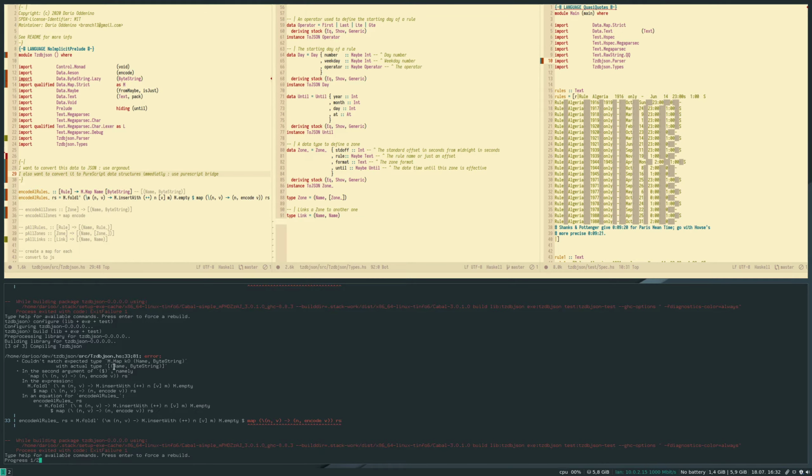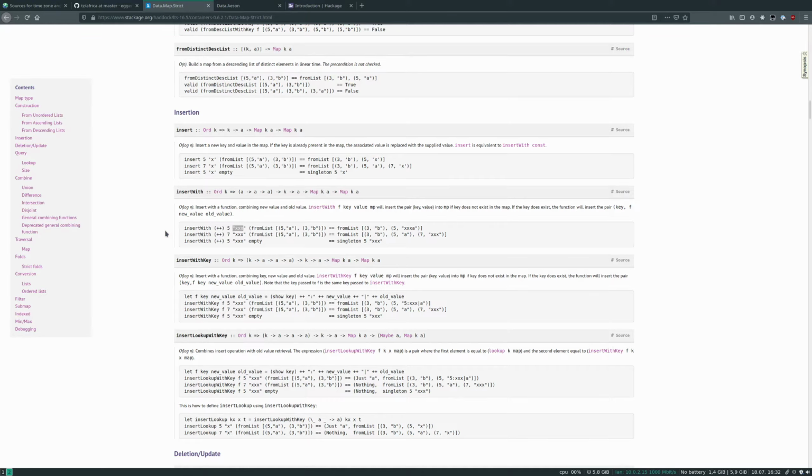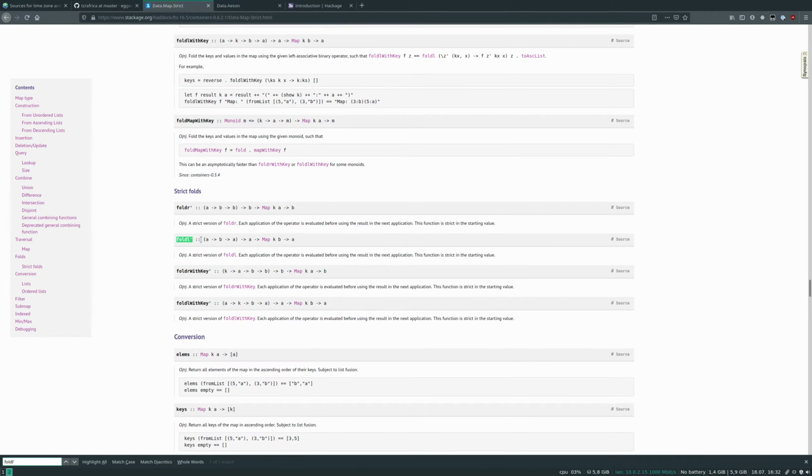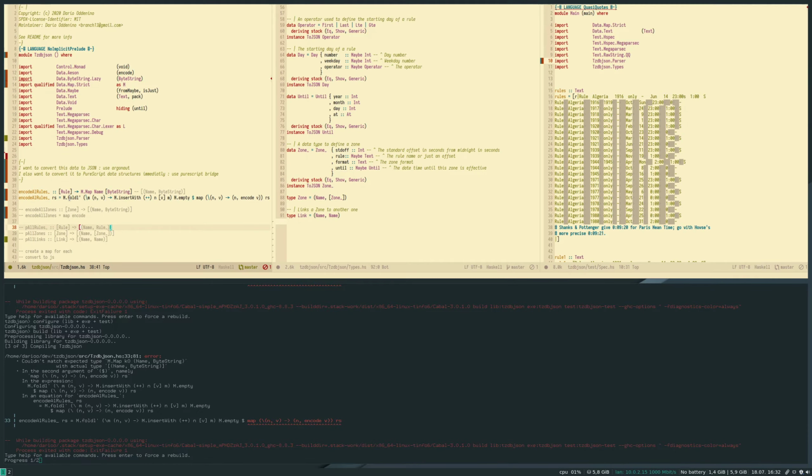Actual type name byte string. Let's check fold left. Oh, of course, I'm folding a map. I don't want to fold a map. I want to just do a regular fold using a map as my accumulator.